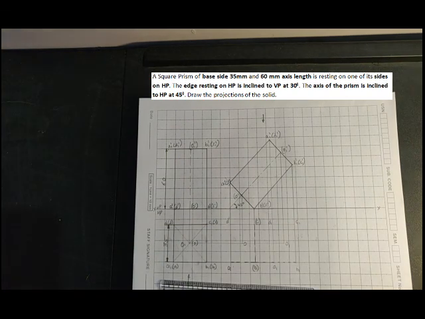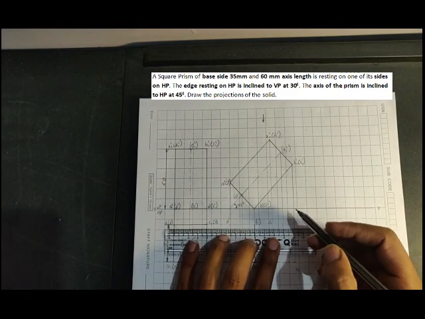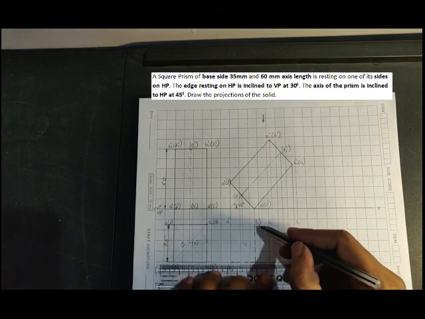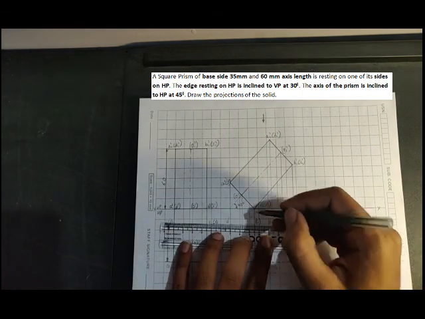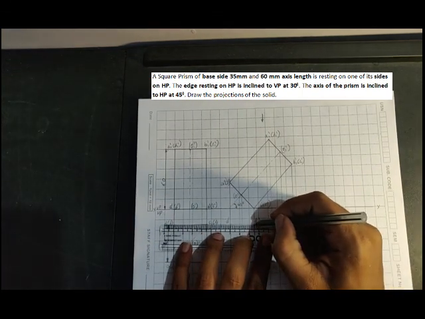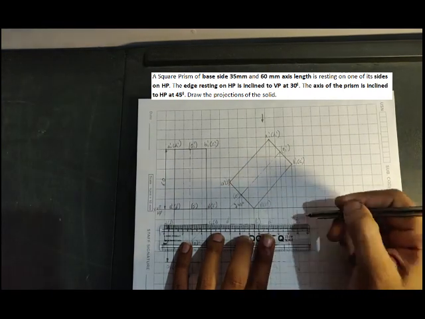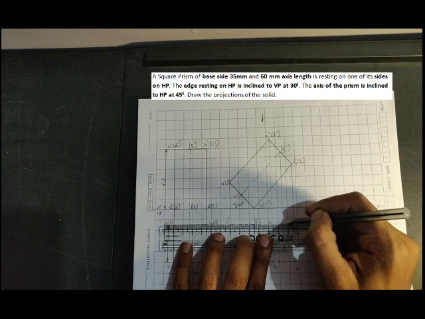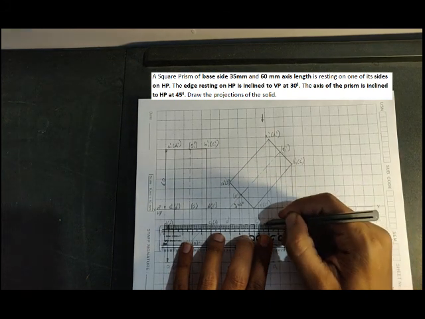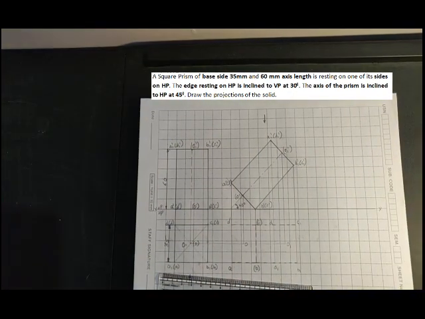Right, now what about A to A1? We'll not worry about it here. So first we'll find out for point C also. For C, this is the one line, the other line will be C to D here. So C to D I'm going to draw by a hidden line, right? And C to C1 is again a hidden line. Correct? So this is how you are going to obtain.